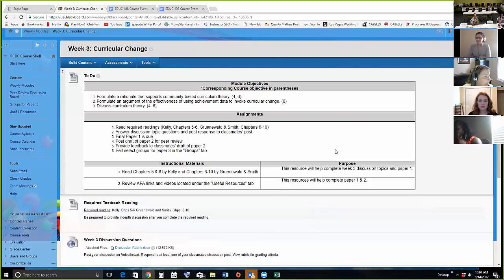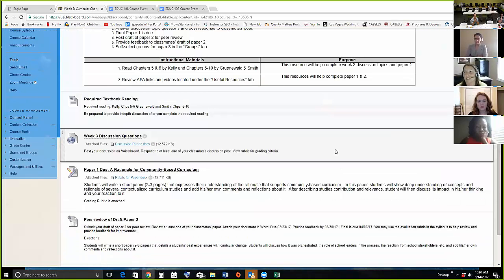I also added in here draft review for papers, because in this class there's not going to be any quizzes or tests. It is a doctorate level course. So a lot of things will come through weekly discussions, and the weekly discussions will come through their reading. This is a heavy reading course. I mean, we're going through 2 different textbooks in a 7-week period. Oh, and this is a 7-week class too. So there's 2 textbooks that have to be read, plus several articles that are related to curriculum and using the